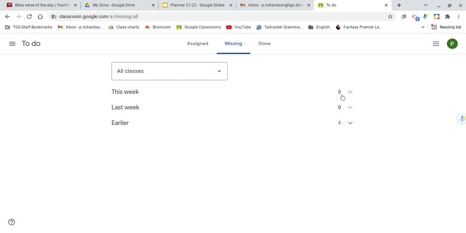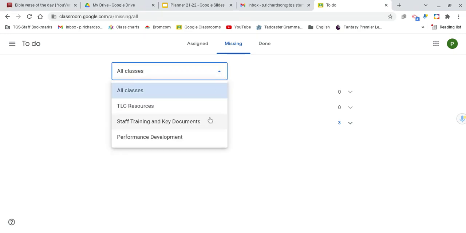Again, homework that's due in earlier this week, homework that was due in last week, or homework that was due in even longer ago. And once again, if you want to check a specific class, you click here and pick up a specific class. So that is how you can see homework that's due, homework that is late,